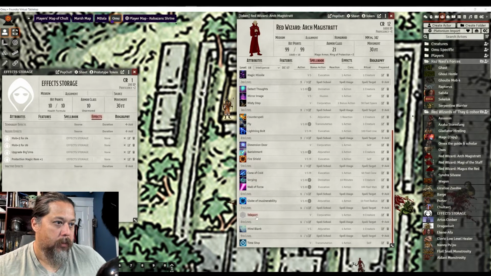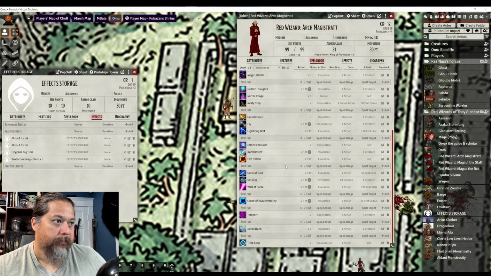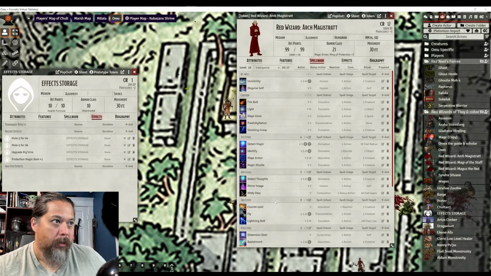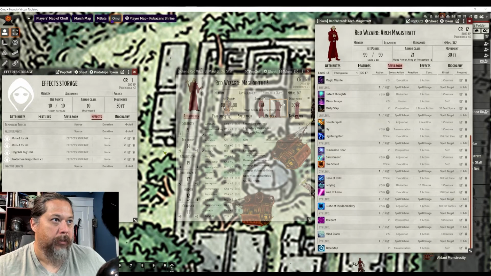Teleport. Oh yeah, I think they get it. Obviously the Lich can teleport with the Red Wizard. Yeah, this is going to be tough. I've got to really sit here and ponder all this stuff. And it's not just one, right? It's three of them. The other two are not as powerful, but